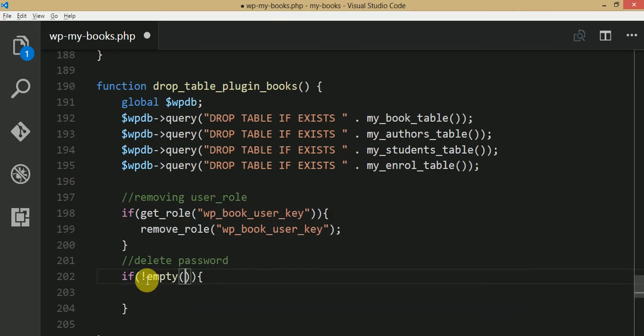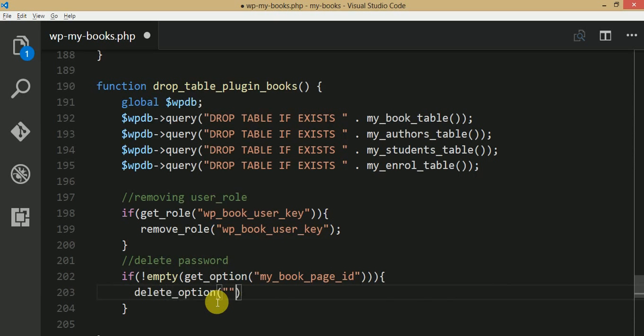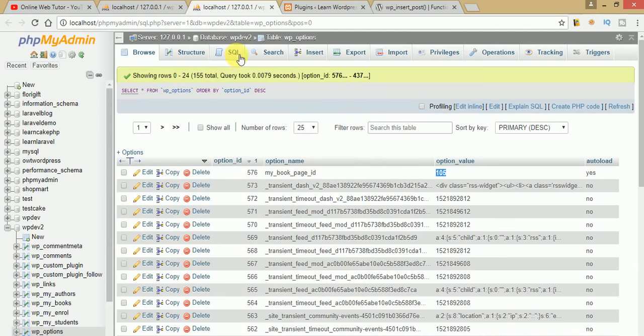Within this PHP function, we check that if this is not empty, meaning that we have a value in that section, we need to delete that page. So, delete option. Let's say that this is the option we want to delete. Okay, so successfully we have deleted that option from this table, and also we want to delete this post from